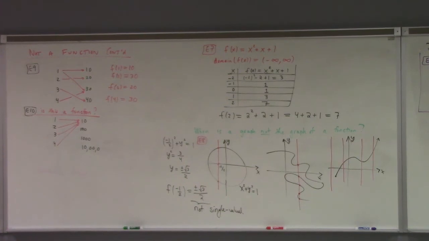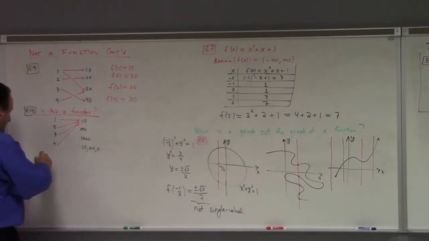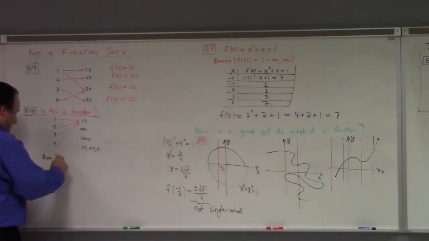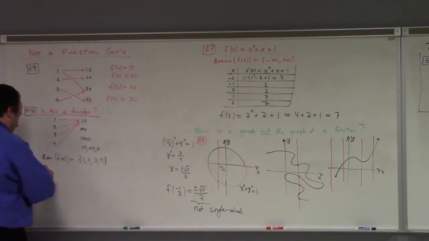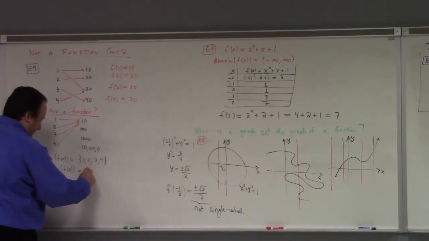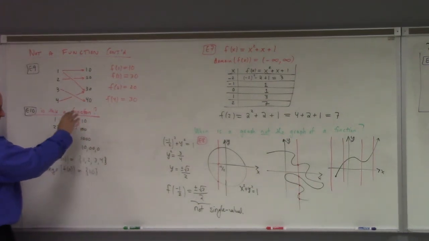And if the picture looks like this, this is a little bit tricky. I said earlier that the numbers on the left are the domain and the numbers on the right are the range. That's not true for this example, right? What's the domain? For this example, the domain is 1, 2, 3, and 4. What's the range? It's just 10, right? So it's kind of silly. So that comment I made earlier, it's the numbers on the right that are the range. I'm assuming that there's an arrow going to each number, right? So maybe you wouldn't even draw these numbers, and that would still be true.